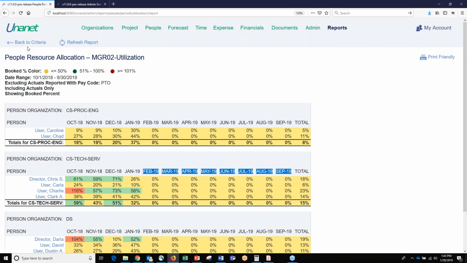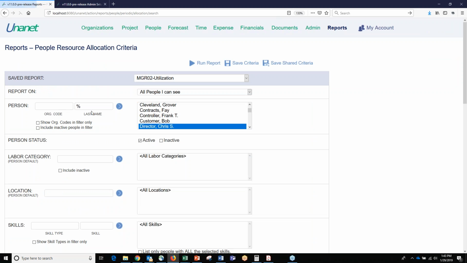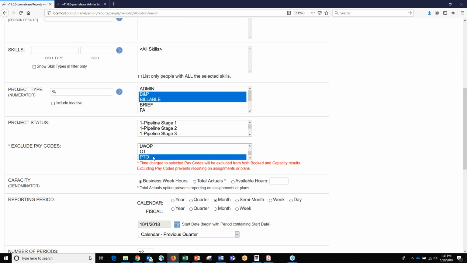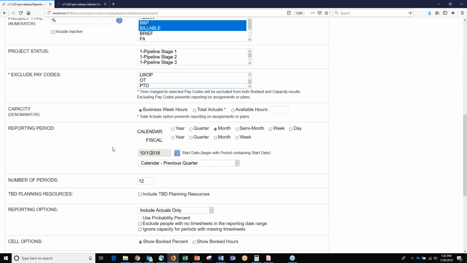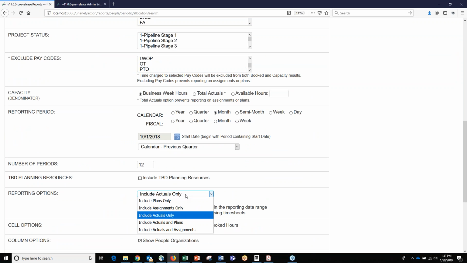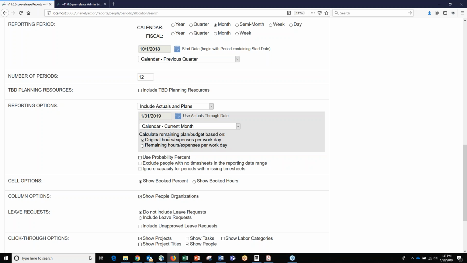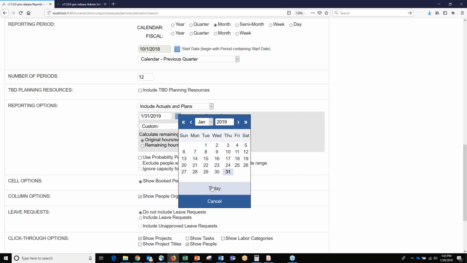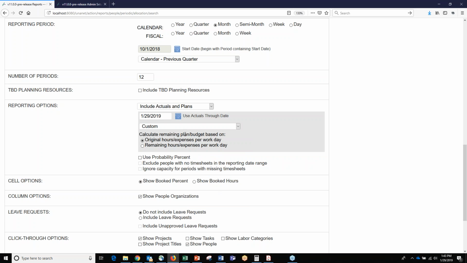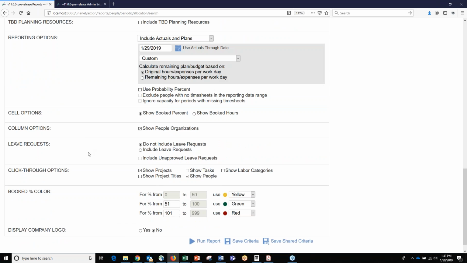So basically, if we go back to the criteria of the report, instead of saying look at actuals only, we can look at actuals and plans, and we can look at actuals through today, and the system knows that today is today, and when we run this tomorrow, today will be tomorrow, so it always knows what the current day is. But basically, we're looking at actuals and plans.